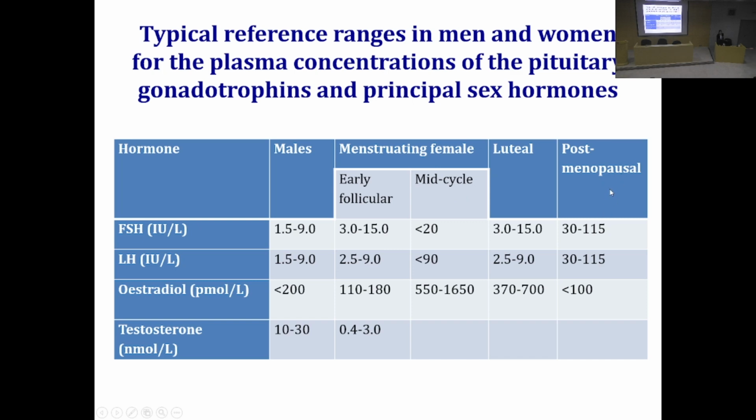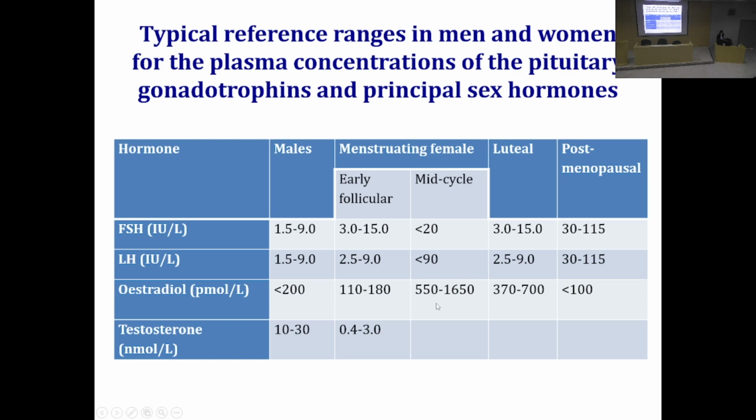So it's really important when you assess, when you look for these hormones, that you are really aware whether a woman is menopausal or premenopausal, and if she is a menstruating woman, at which part of the cycle the blood is collected. For example,